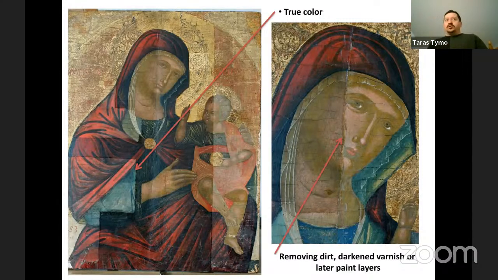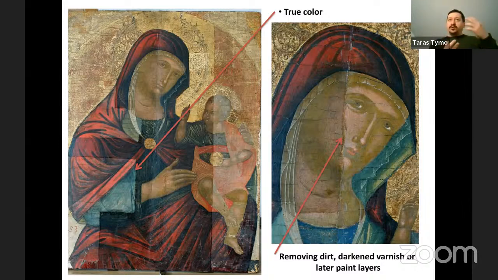All the icons are usually quite dark, but this darkness is due to three things. There is just dirt and dust. There is darkening of the varnish. Varnish gets dark with time and it gets kind of brown. And we think that icons were dark, but they were not dark in the original. They just get dark with time. And third